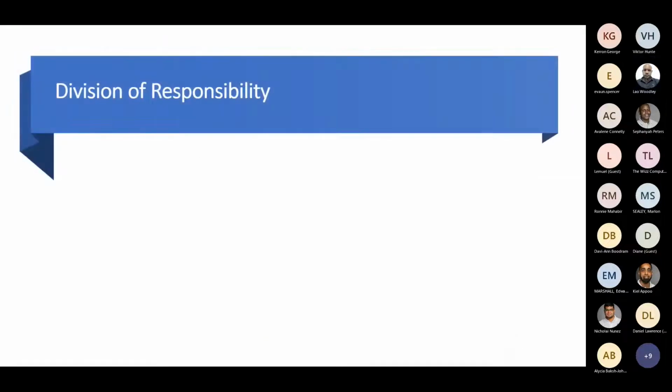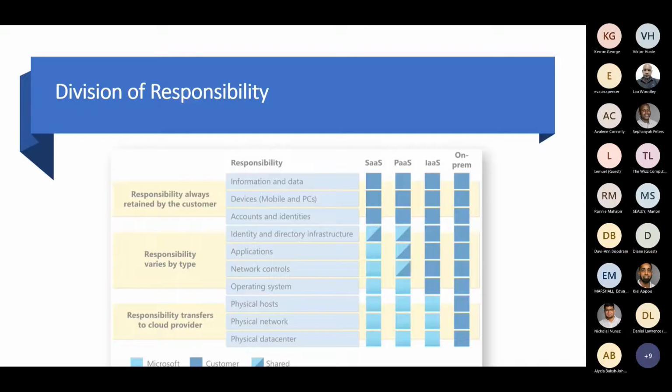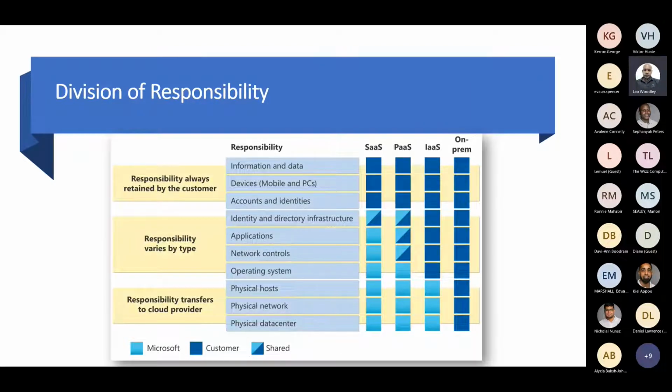One important paradigm shift to consider is that in an on-premises data center, we generally own the entire technology stack and are responsible for managing the entire stack. As you move to the cloud and we employ some of these modern service models, the customer is always responsible, because this digital real estate is owned by the customer. It's not owned by the CSP, cloud solution provider, or cloud service provider.